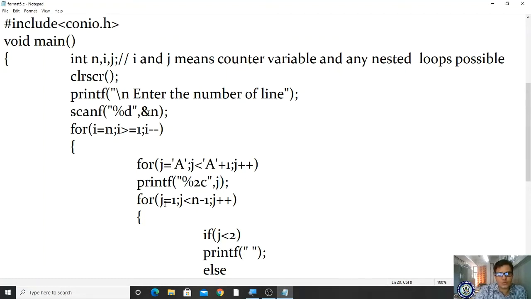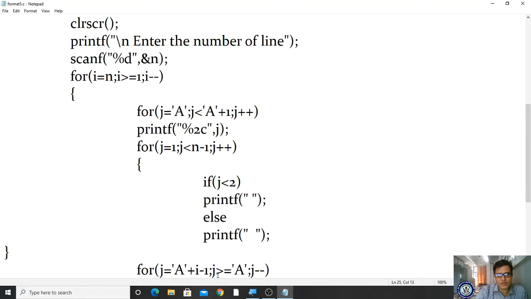For j is equal to 1, j less than n minus 1, what is the n value? 5. 5 minus 1, condition true. If condition is true, it comes here. If j less than 2, okay, so what is the value of j? 65. 65 less than 2, false, else it will print 2 spaces. Here single space, here 2 spaces.